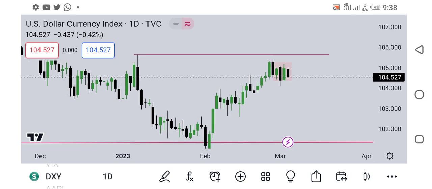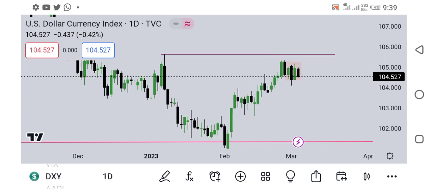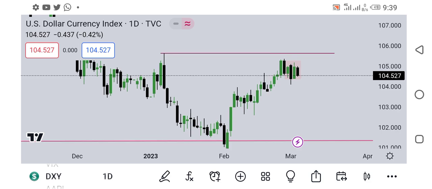Is the market going up now or is it going down? And I'm talking specifically about the dollar index because the dollar index will influence currencies. Take for instance EUR USD, GBP USD, AUD USD, NZD USD, USD CHF. And if the dollar is strong, GBP USD will sell, EUR USD will sell, gold will sell. Do you understand? Because it is the dollar that is the underlying currency for those assets, you must always check the dollar index if you don't want to mess things up.